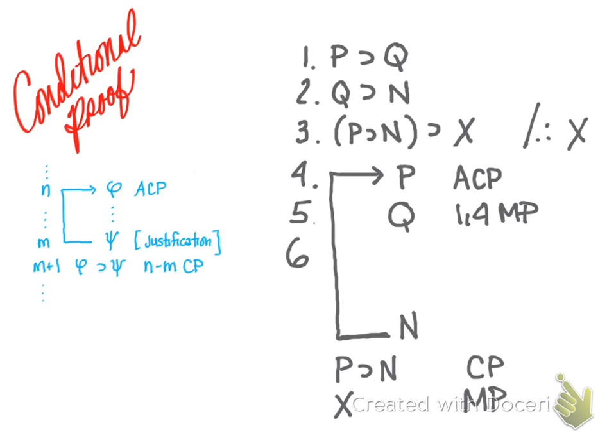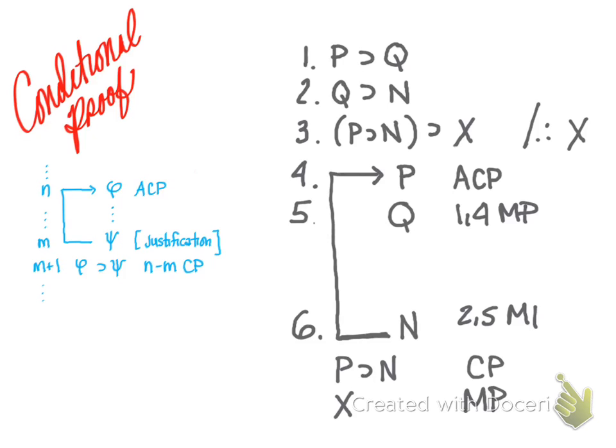So I can put N on a new line. Oh wait, that's what I was trying to do all along. So don't worry about the big gap in the proof, it doesn't matter. I'll just make this line 6, and now I know what that justification is. It is lines 2 and 5,